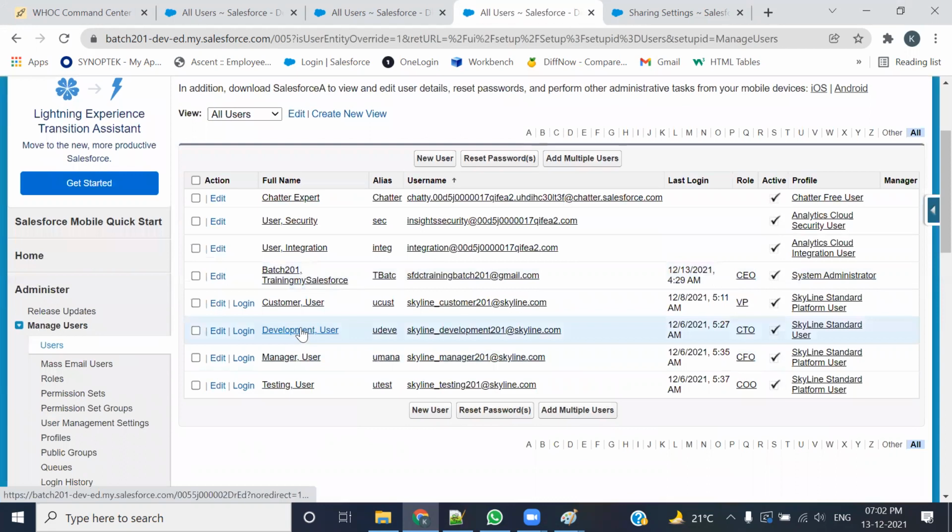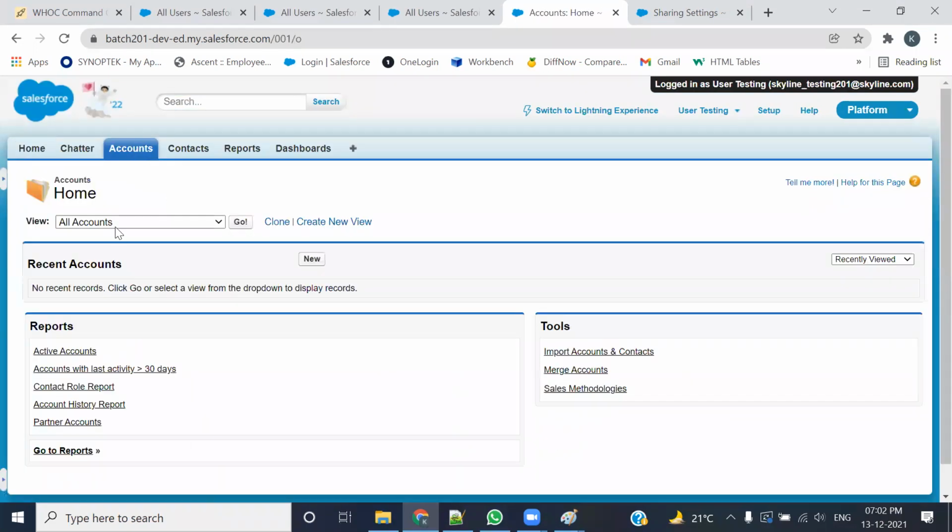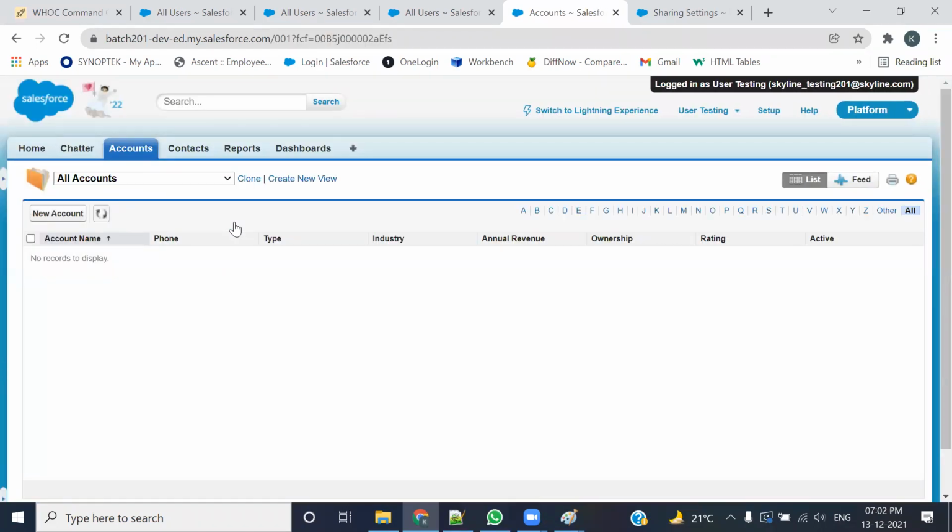एक और है टेस्टिंग, टेस्टिंग इज ऑल्सो वन ऑफ द सबऑर्डिनेट टू द डेवलपमेंट, इसको भी चेक कर लेता हूँ। लेट्स नाउ लॉग इन टू द टेस्टिंग यूजर। अकाउंट्स में जाता हूँ, रिसेंट में तो कुछ नहीं दिख रहा है, ऑल अकाउंट्स में जाता हूँ, इसको भी नहीं, ठीक है। नाउ दिस व्हाट वी हैव अचीव राइट नाउ।